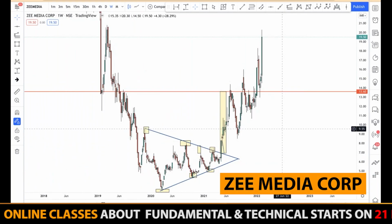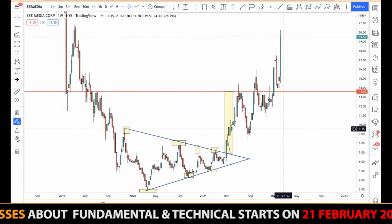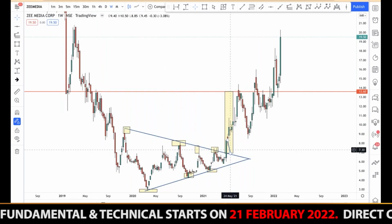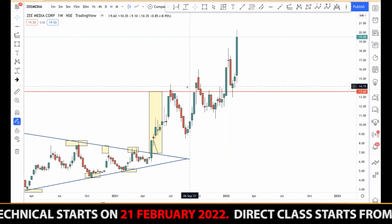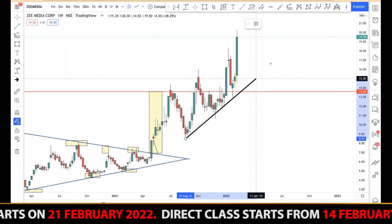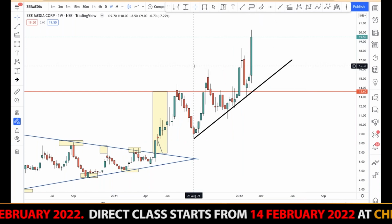So Z Media Corp, a few years back we gave this trend, and it was in a symmetrical triangle pattern, and you can see the market broke the pattern and it went and gave us the targets. But now after a long time, it has again broken the previous line of resistance, and it is going very strong. And now the market has taken a strong level of support here,